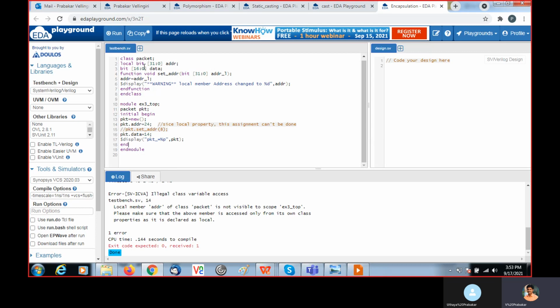So when you declare a variable as local, you should not access it from the outside module, or even from the subclass; if you try to access a local variable there, you will also get a compilation error. That I will show in the next example.